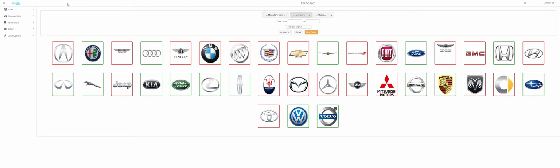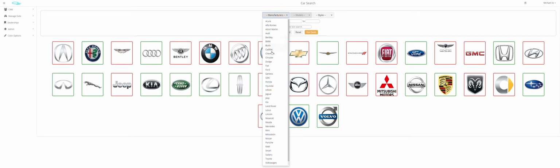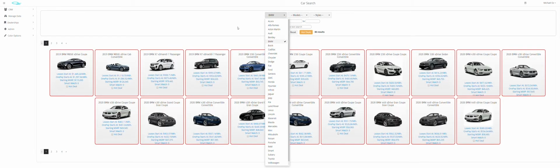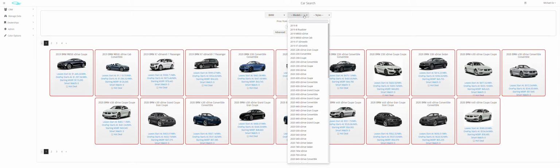So here is your main dashboard for the payment calculator. As you can see, you have all makes here from A to Z in alphabetical order. One of the most amazing parts of this tool is our car search filter up here on top. So we can literally search for any make or model right here using these powerful drop-down menus and find the vehicle that we're looking to get a quote